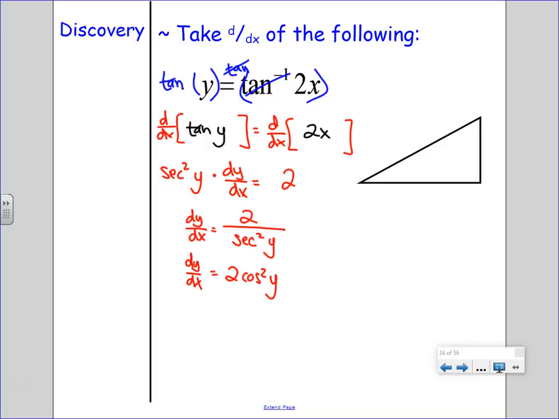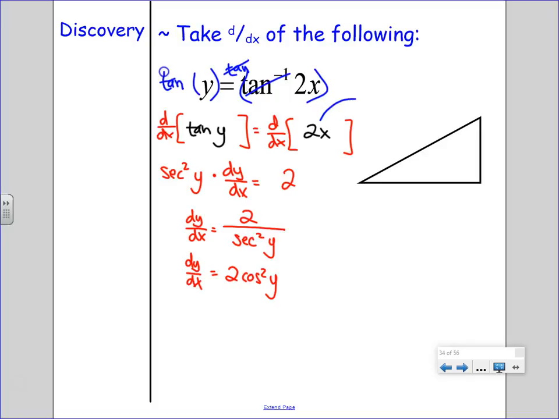Remember, if secant is the reciprocal of cosine, then cosine is the reciprocal of secant. And the squared, I could pull that all the way out, and then I could change it to cosine and then bring the squared back in either way. Now, this is not the derivative formula that was on the page before because it still has a trig in there. Why? Because if we go back to the very beginning,